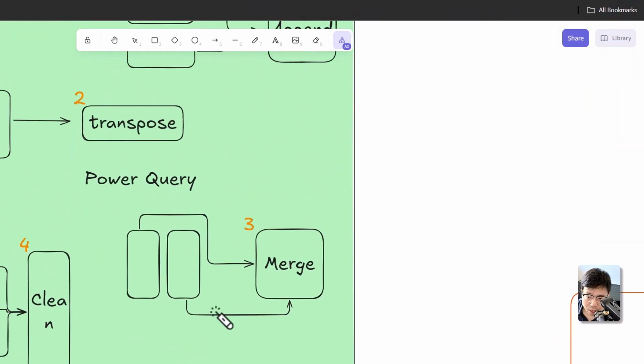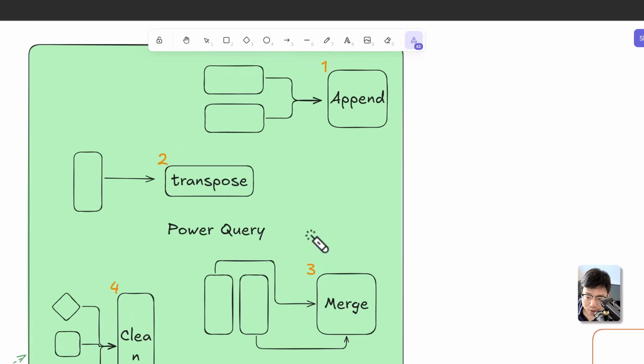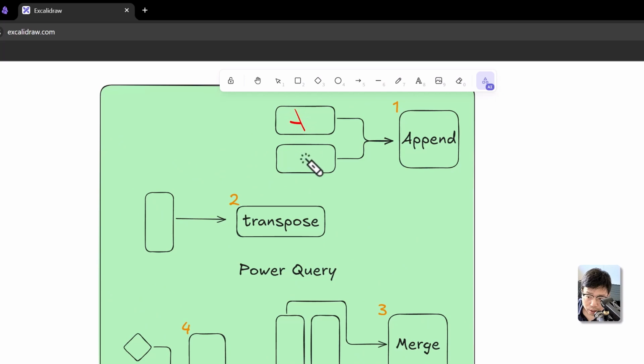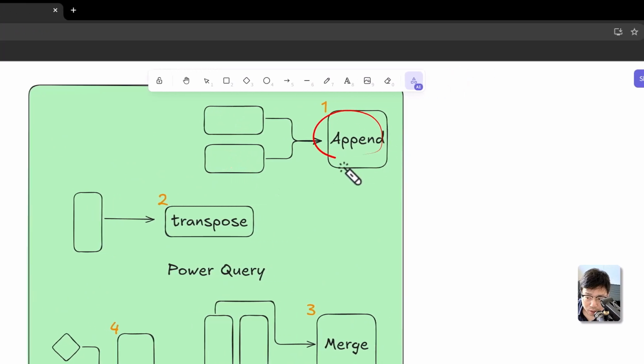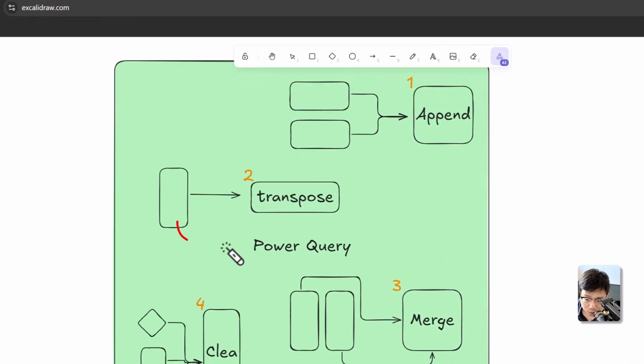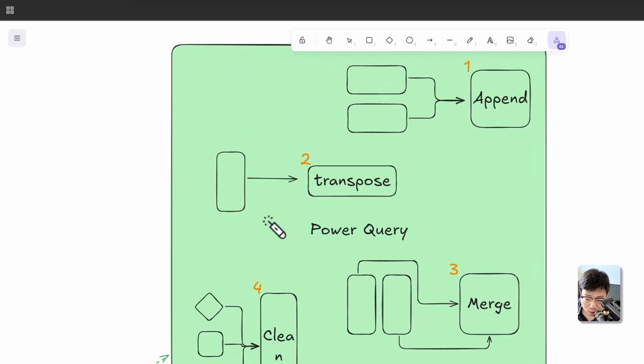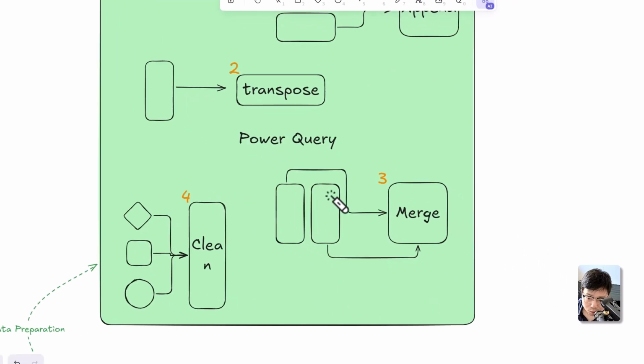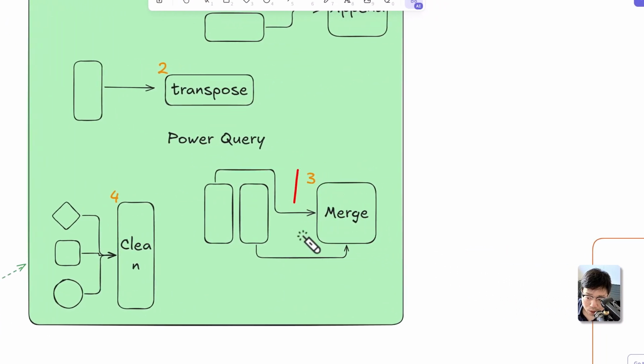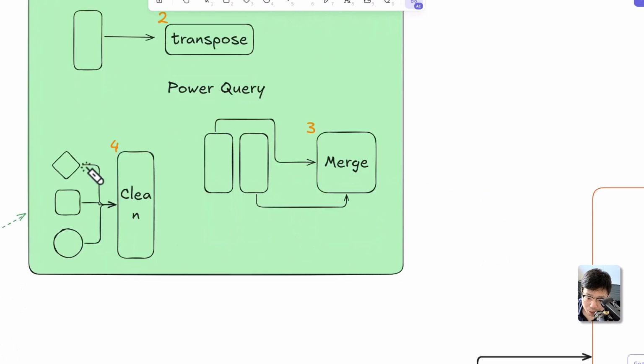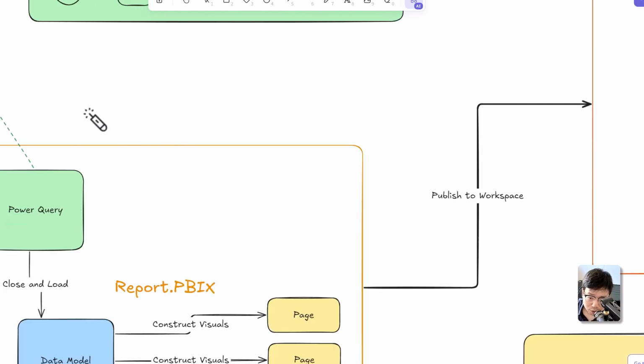When I say prepare data specifically, we're talking about several actions over the data set. First, you may merge table A and table B and have them appended. Sometimes you need to transpose because the table you have is already pivoted, which means you can unpivot that. And sometimes you need to merge two things into one to create a fat table. And sometimes you just need to clean because there are some null values, missing values, and misrepresentations of the truth. So you need to clean them. Once you have finished the data preparation in Power Query,